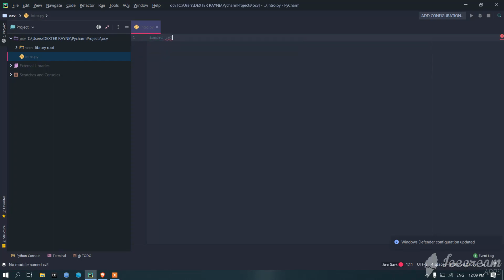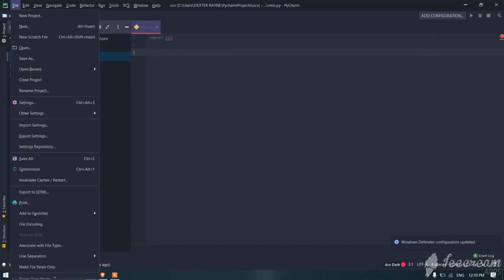Okay, and when you try to import CV2, you will see that there is an error. The error says no module named CV2 is found, but you have actually already installed it. You have already installed the package through CMD and also checked on the Python console that when you type import CV2, it is actually working and not giving any error. Then what is the problem? The problem is that your CV2 package is not linked with your project, and you need to link it.